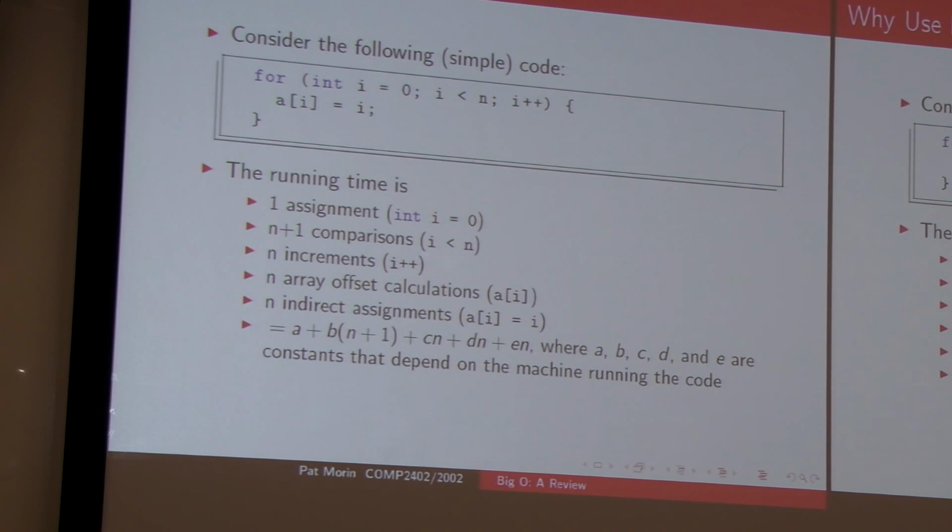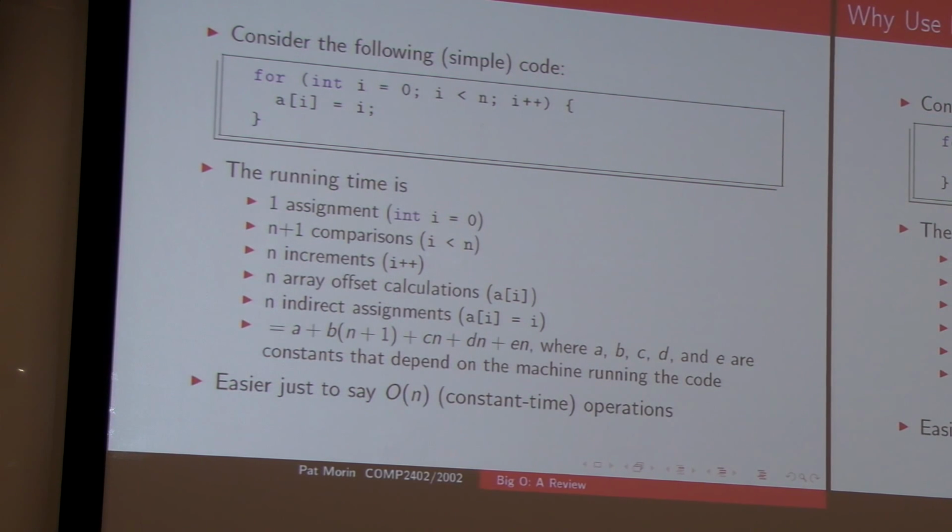We would never get anywhere studying things. You can't get past the simplest for loop this way without introducing 5 different variables into the running time. But of course, we just say it's O of n. Okay, so that's it for